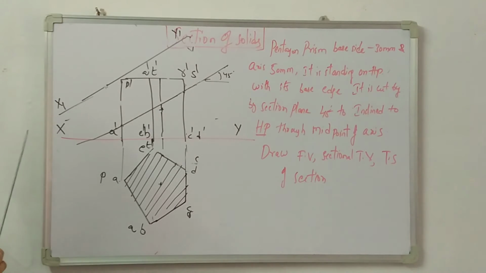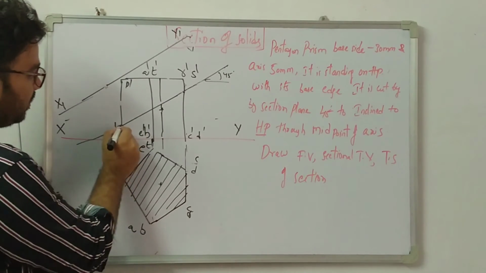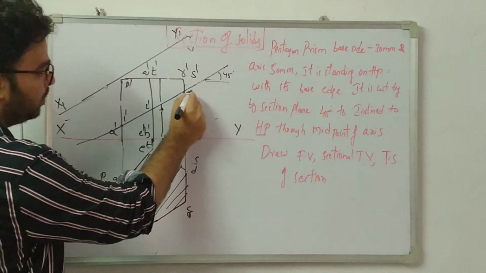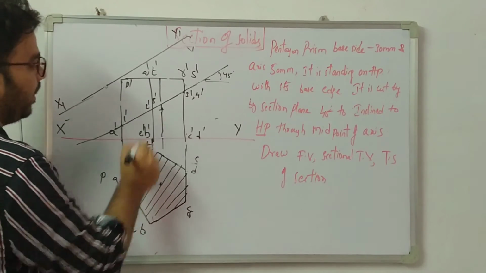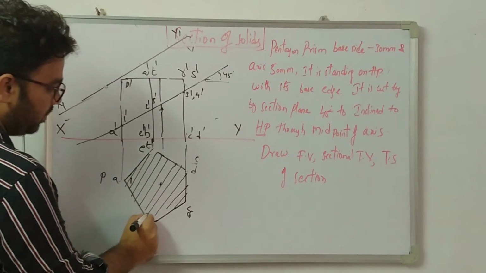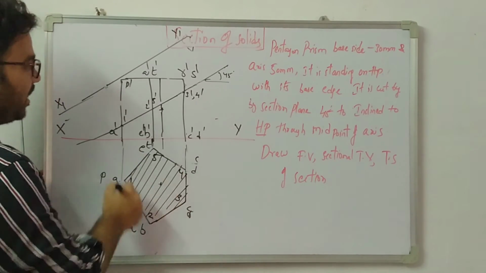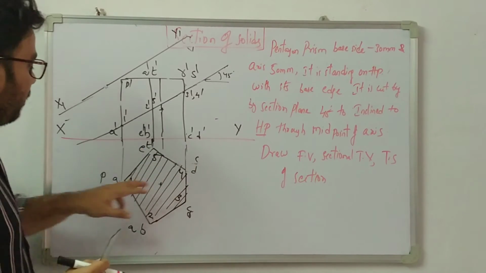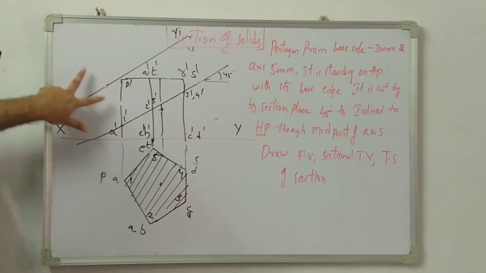Now what is the procedure here? So here how many cutting points are there? 5 cutting points are there. This is 1 dash, this is 2 dash, this is my 3 dash. On the back side we have one more point, that is 4 dash, and here we have 5 dash. So this is 1, this is 2, this is 3, this is 4, and this is 5. So we have 5 cutting points, and we have to show these 5 cutting points in this diagram in the upside. So simply measure, from the old reference line to one cutting point and simply put it here.